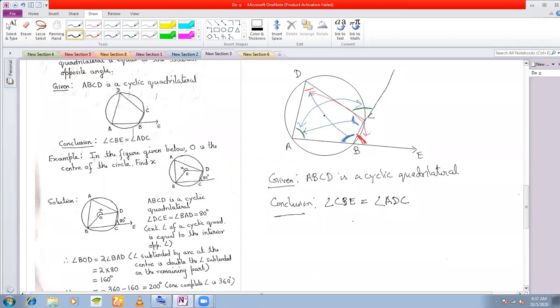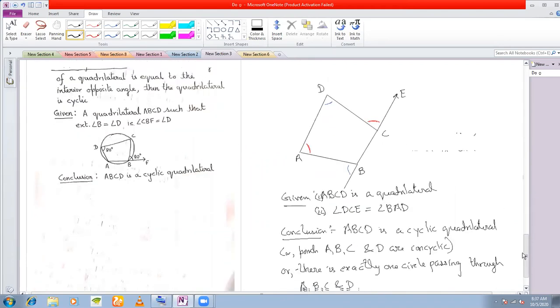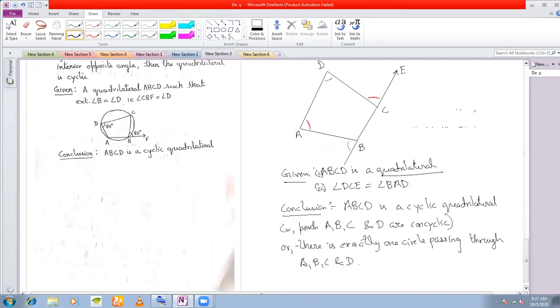That is what you concluded. But in the converse, it was given to you that these two angles are equal, and you concluded that ABCD is a cyclic quadrilateral. So it was given that this is any quadrilateral in which the exterior angle is equal to its interior opposite angle, and you concluded that ABCD is a cyclic quadrilateral. So that is the basic difference. So I stop here for